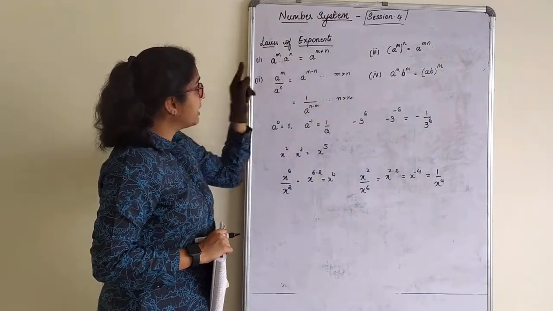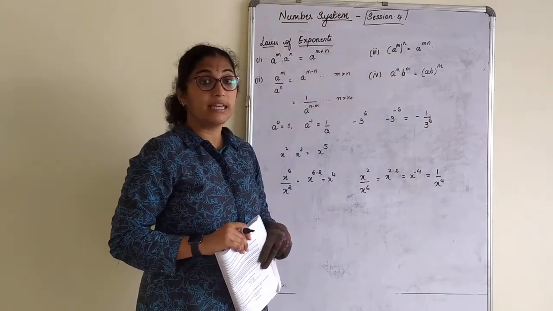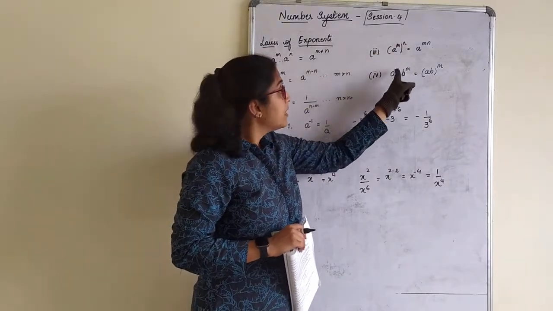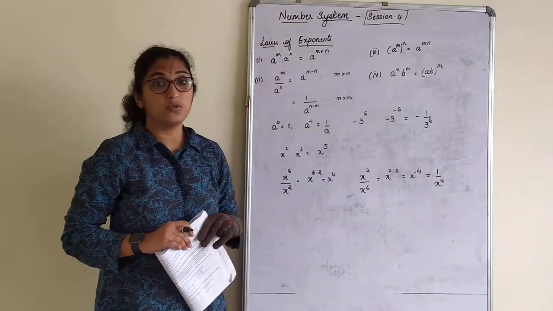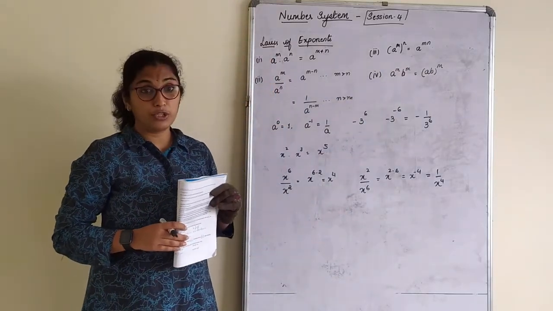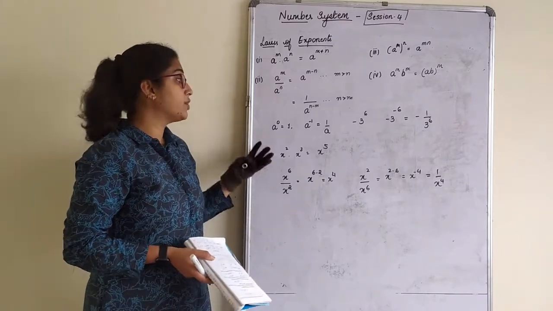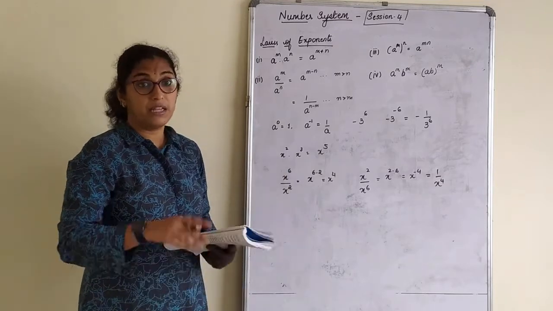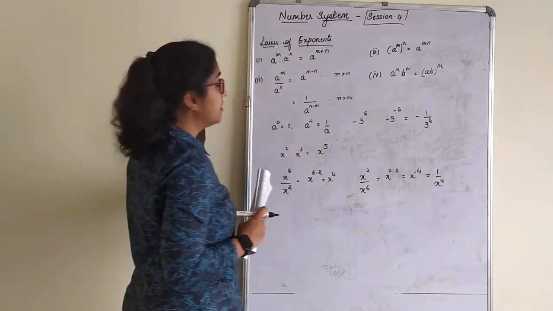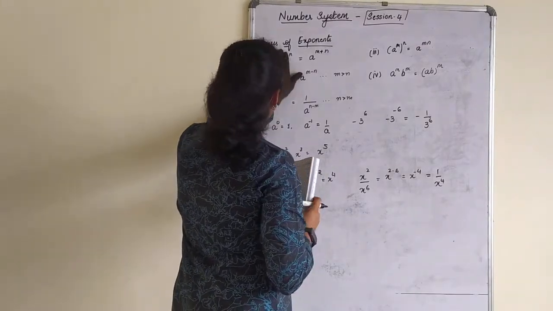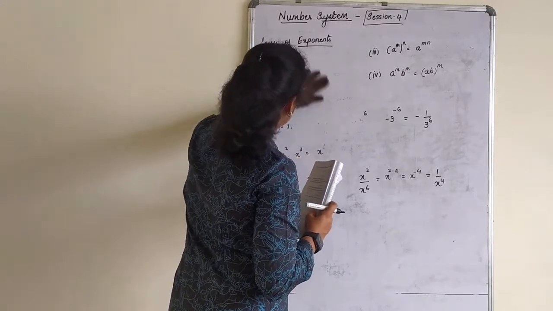So first law, second law, third law, a raised to m whole raised to n is equal to a raised to mn. We just multiply them. A raised to m, b raised to m is equal to a into b whole raised to m. So these same properties we are going to apply in the given exercise. You can copy down this law. If you want, you can also write some of the examples against the law or just after the law. We'll quickly start with an exercise. I hope you'll have copied this down. So it's a very small exercise where only basic sums of exponents are given.